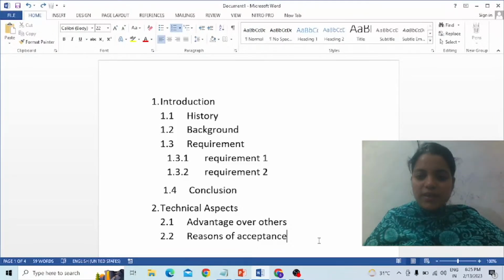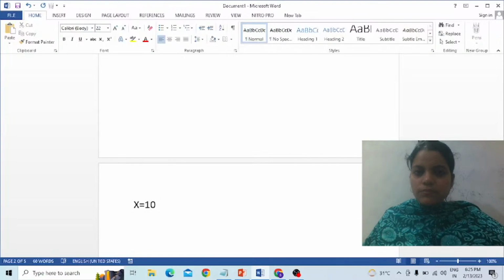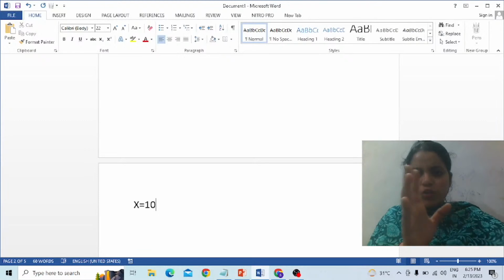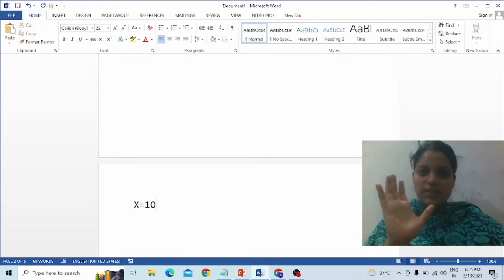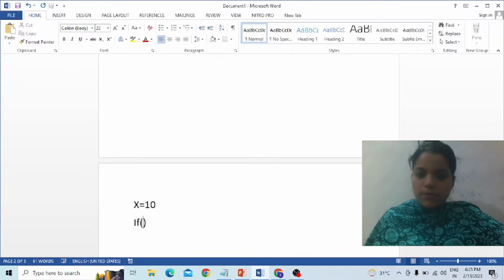So how does Python do it? Try to understand. Say x equals 10. Python is case sensitive. Here, for the time being, I ignore capital and lowercase letters, but hoping you are keeping track of it. x is equal to 10. If x, or instead of x, let us call it the variable name temperature. If temperature is greater than or equal to 10,